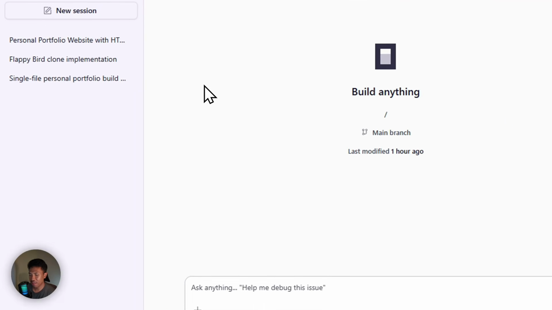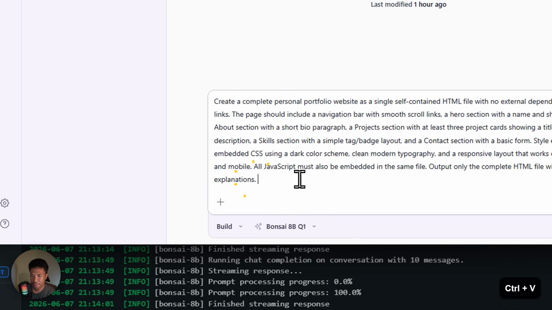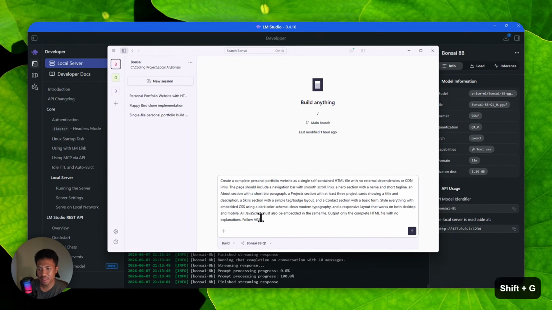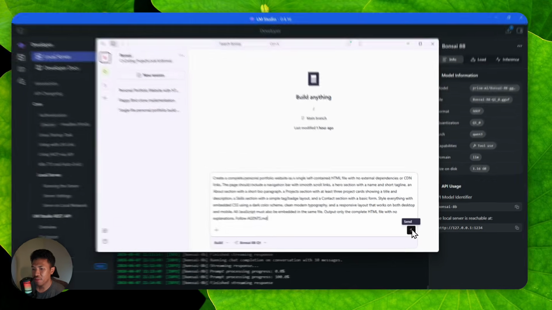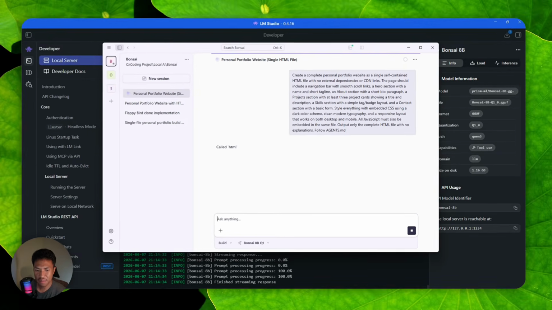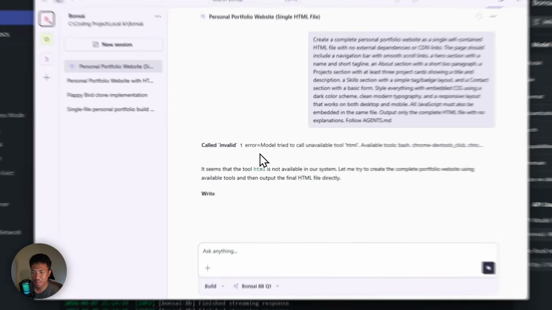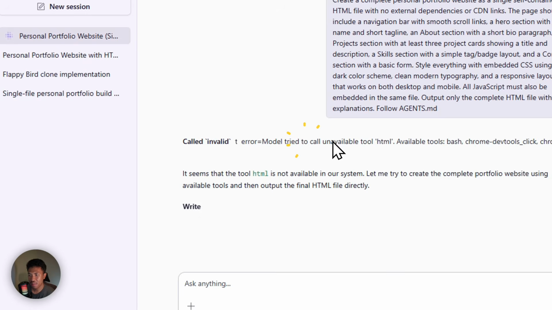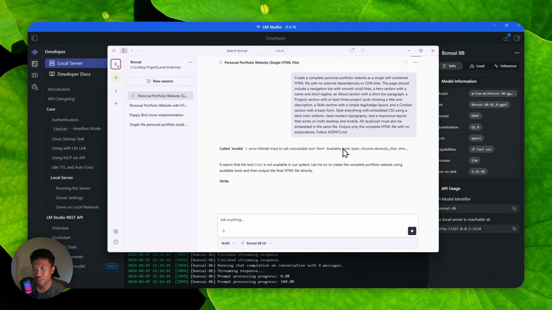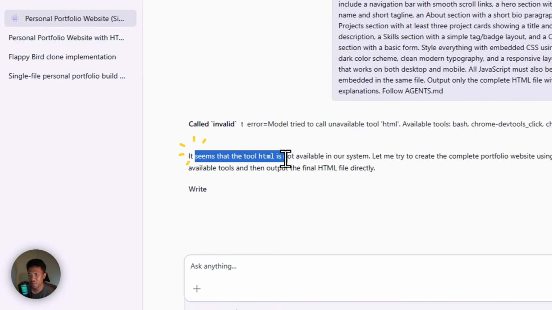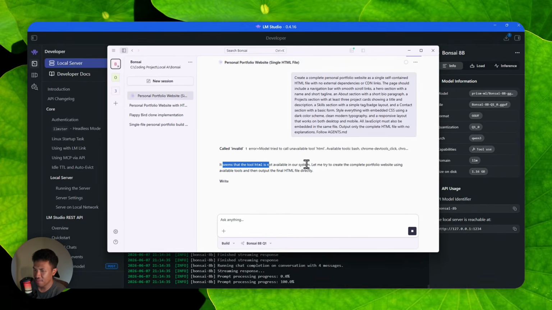And again, it's not able to create any files, so it's empty right now. And I will add follow agents.md. All right, send the query and let's see if we can get some progress. Invalid, the model tried to call unavailable HTML tool. All right, so it seems that HTML is not available in your system. I don't think there is an HTML tool. I just wanted to build an HTML file, but I think it was mistaken that as calling